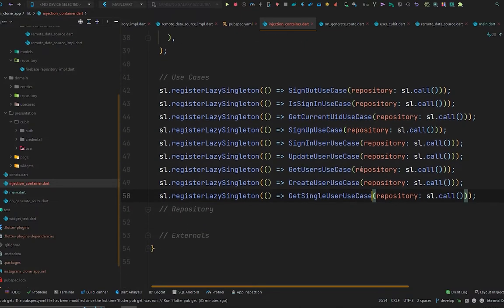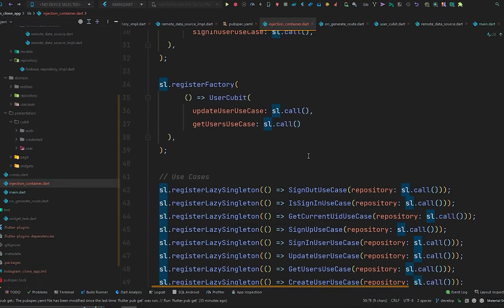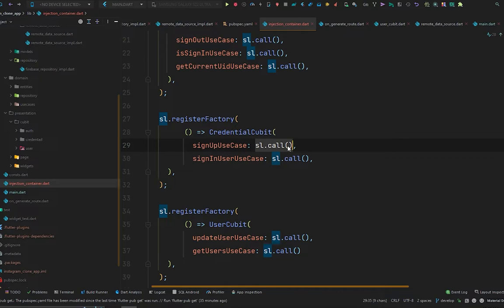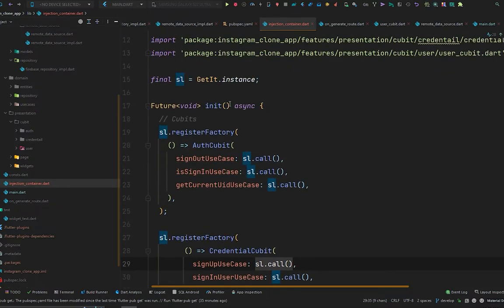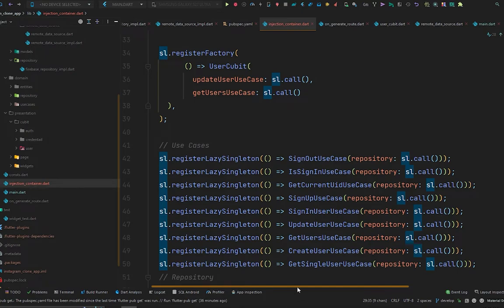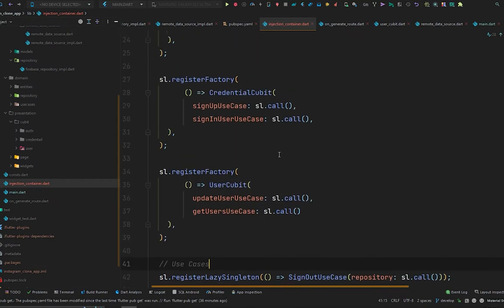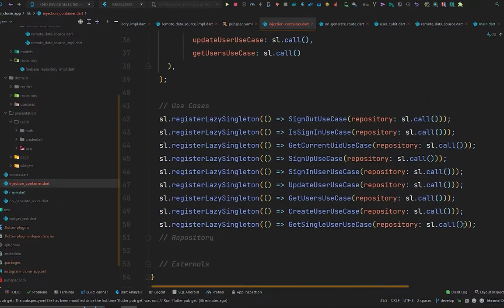First, let's continue. So now what about this repository and sl.call? This will be the same as I said about these sl.calls in the case of the use cases. As we did this sl.call, GetIt starts looking for the registered types, finds the relevant ones here, grabs them, instantiates them and passes them in. Just like this, the same will be for the repository. Now we did sl.call in front of the repository, so it will search for the repository which we have not registered for now. So to register the repository, we have to do